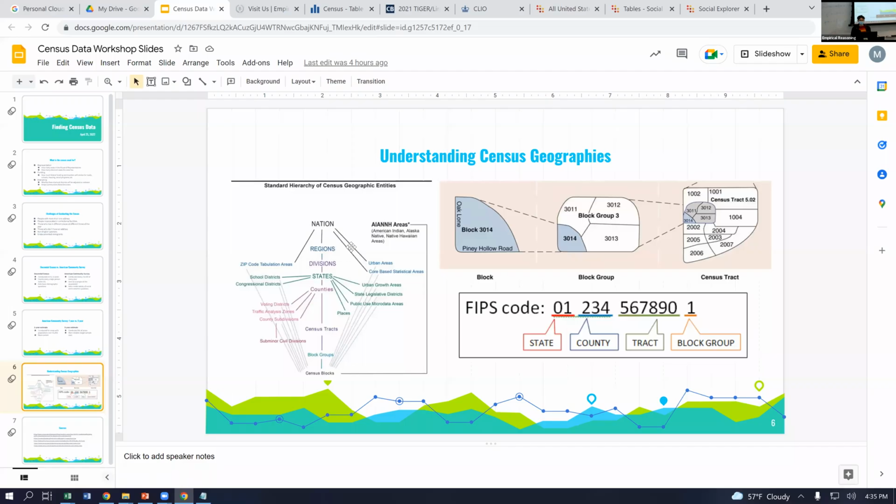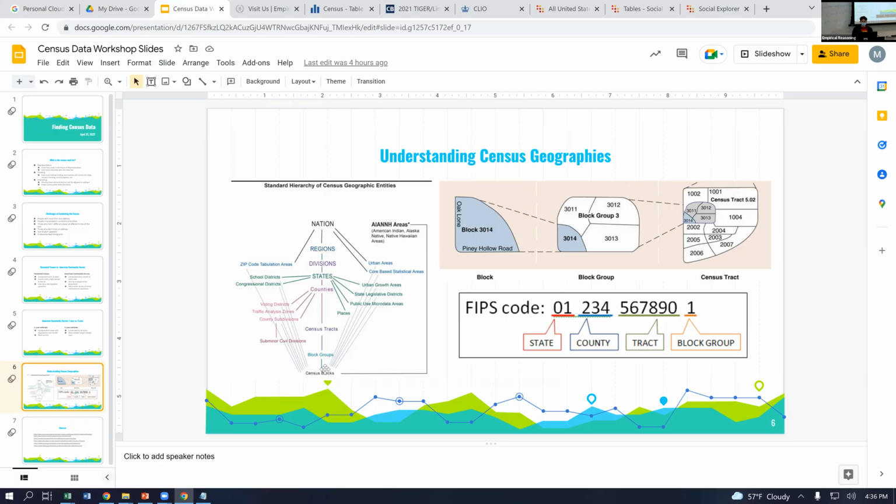And this image here gives a pretty nice breakdown of the different geography levels. So at the top, the largest level within the United States, of course, is nation. And breaking that down more, there's regions, then divisions, and then we have states, counties, and then census tracts, block